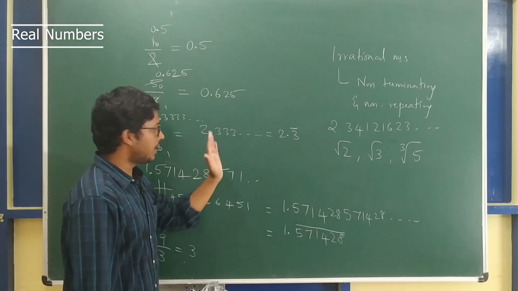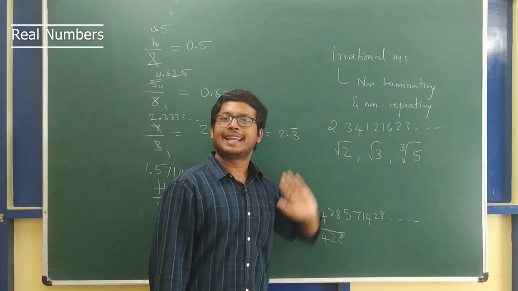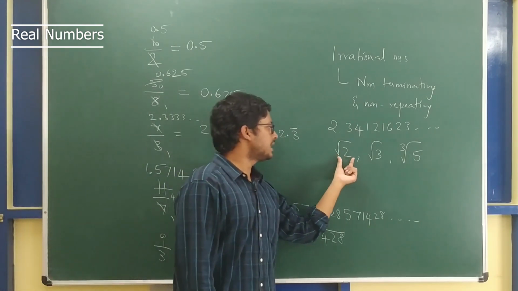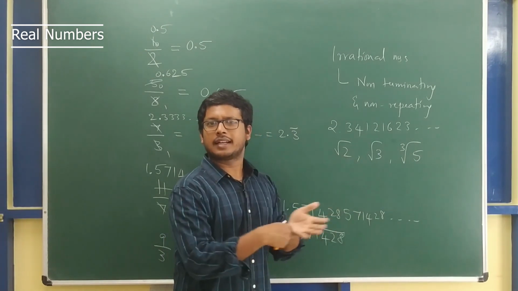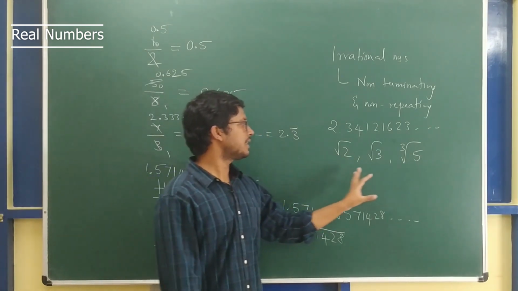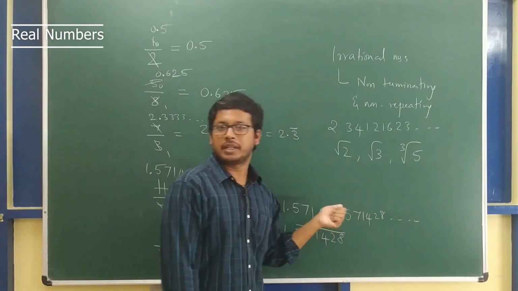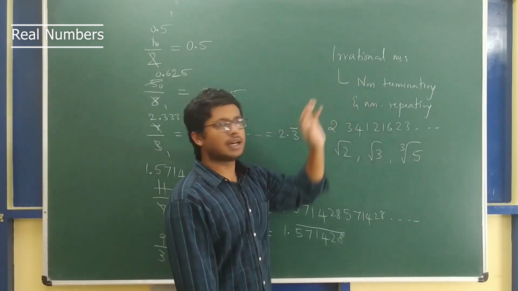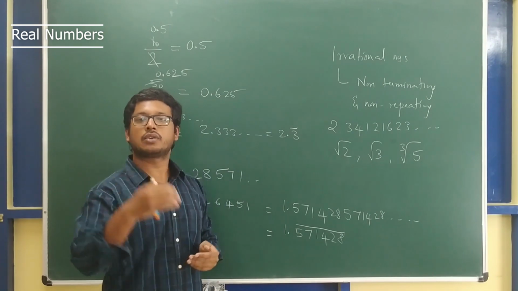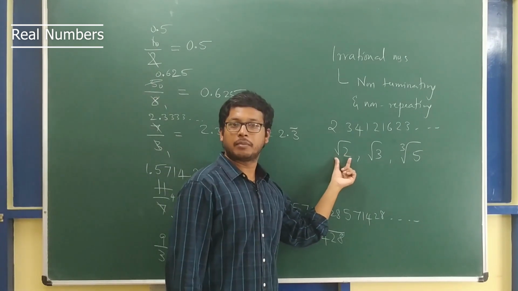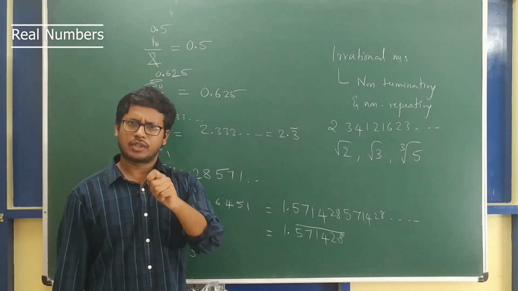Till now you have studied up to rational numbers. Here we are studying irrational numbers, and we are going to prove that this actually is an irrational number. Although we have not done this yet, you can use your calculator and check square root 2. When you see the decimal expansion, you will see that it is a non-repeating and non-terminating answer. So it's essentially an irrational number. But here in class we are going to prove that this is an irrational number by proving that it cannot be expressed in the form p by q. We are going to do that very shortly.